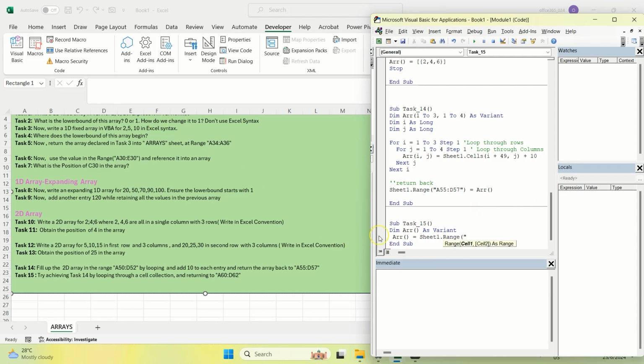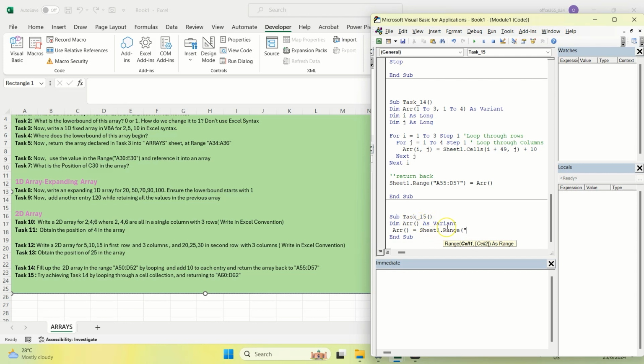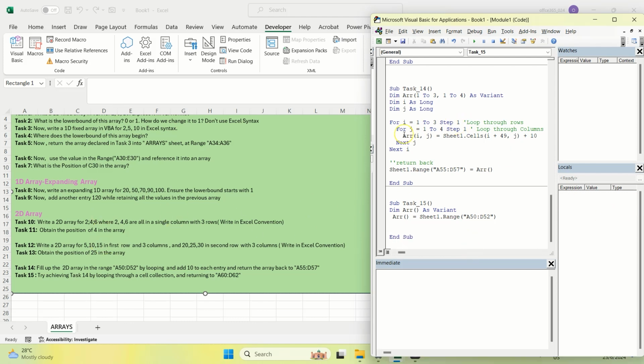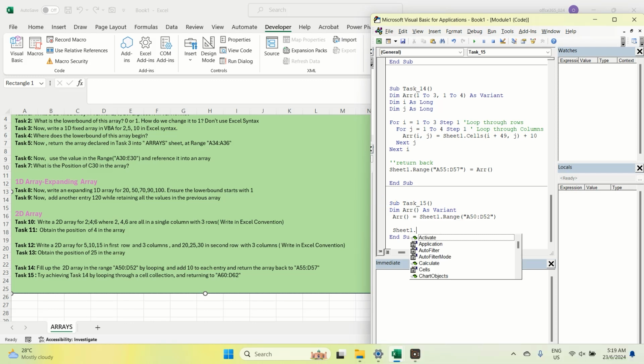Remember, I mentioned this in the last lecture. You can just express it as a variant and then pick up the value from the worksheet. That's exactly what we're doing here, and I've picked up the value. Now I'm going to loop through the range, so we're going to need a range declaration. But prior to that, because we're returning it back to A60 to D62,